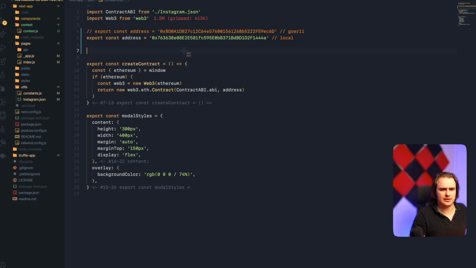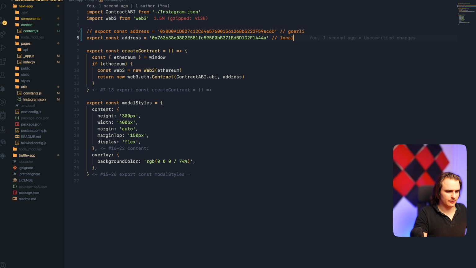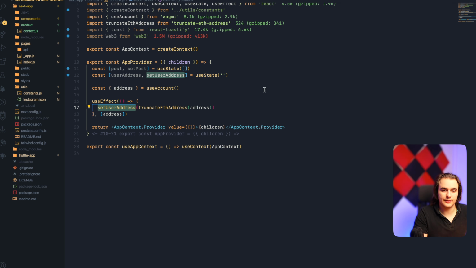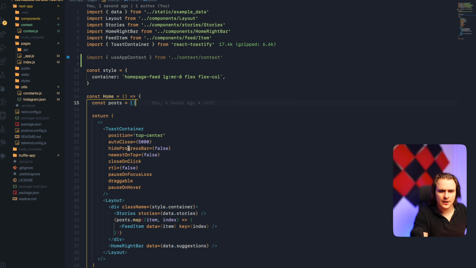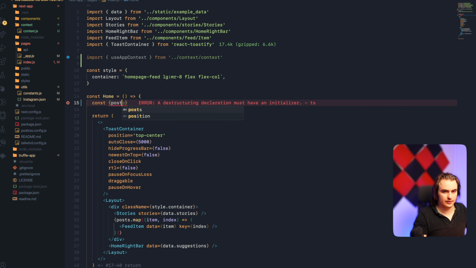So let's just actually get rid of that useless stuff. Now that we stored the wallet address, let's go ahead and import it, and then let's export posts as well. And you export user address. I just said import because I don't know. And right back in your index.js file, you want to destructure posts instead of